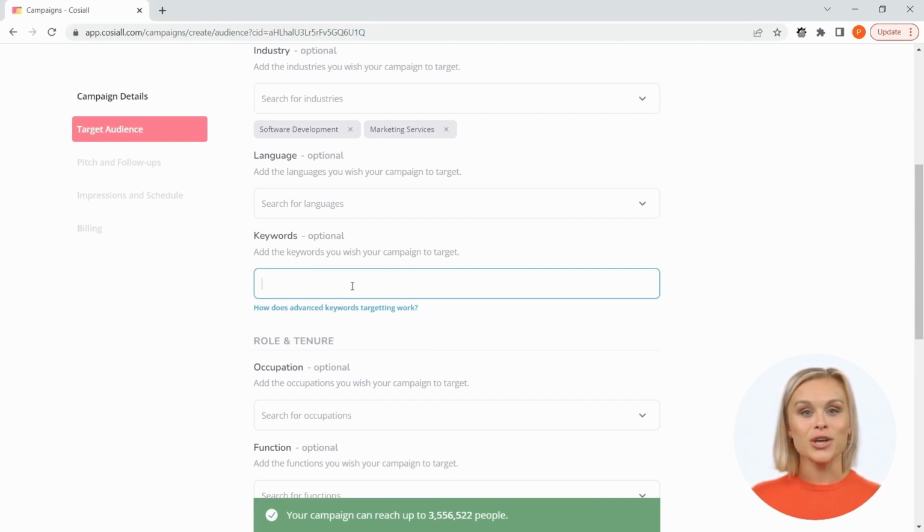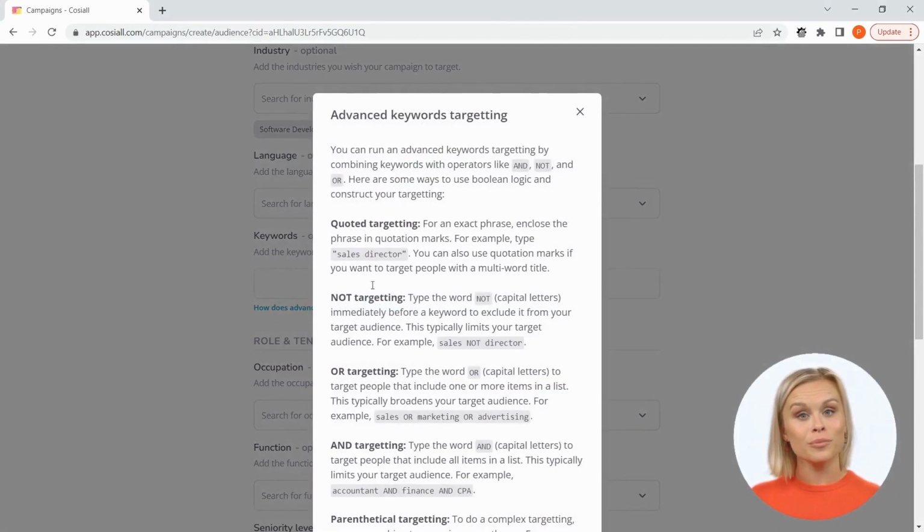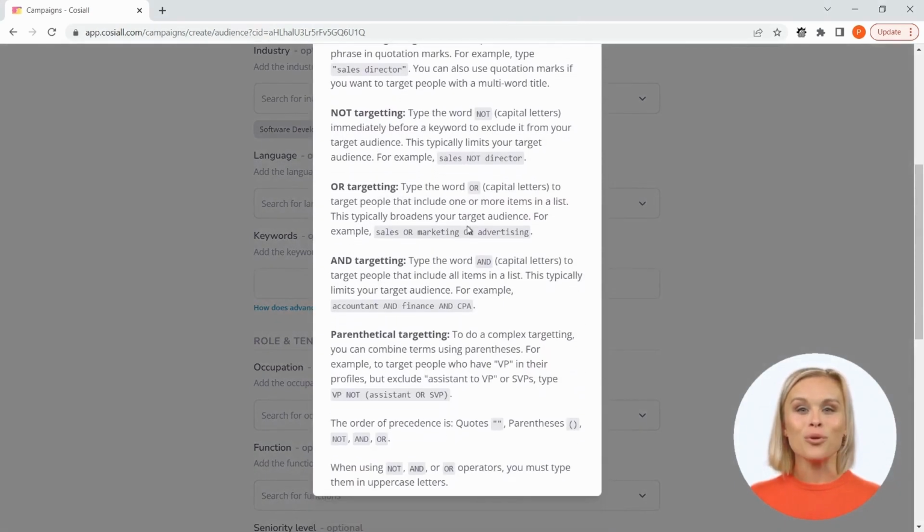For more information on Boolean search, feel free to click the link below the keywords text area, where it states, "How does advanced keywords targeting work?" There you can find some tips and tricks on how to use it properly. That being said, let's move to the next one,